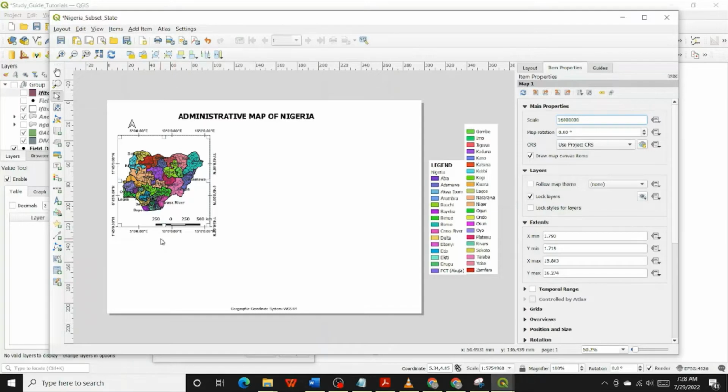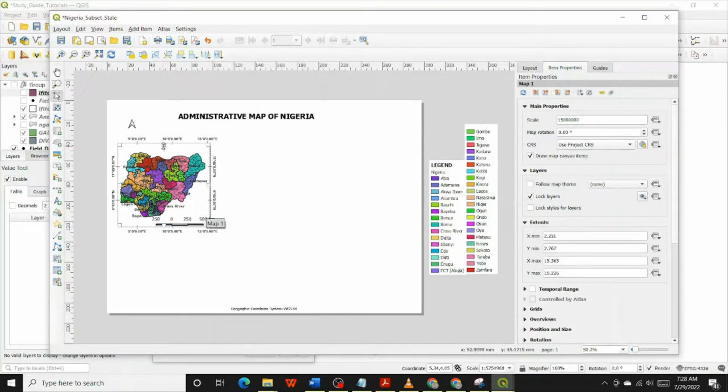Well, I might increase it further to 15 million. Okay, now I can decrease this still at 15. So basically attempt to reformat the entire map such that